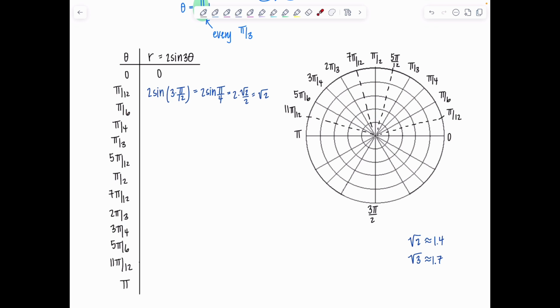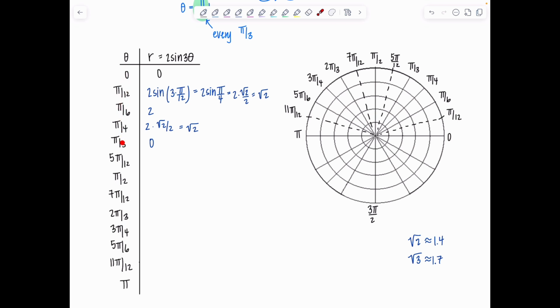Okay, pi over 6. I'm not going to keep writing it out like this. Hopefully you guys understand how to substitute them in. So pi over 6 in for theta, that's 3 times pi over 6, so pi over 2. Sine of pi over 2 is 1, so 2 times 1, this is 2. And then let's keep going. Pi over 4, 3 pi over 4. Sine of 3 pi over 4 is rad 2 over 2, so this is 2 times rad 2 over 2, which is rad 2 again. And then pi over 3. 2 times sine of 3 times pi over 3, that's going to be pi. Sine of pi is 0. Boom. Are you surprised? You shouldn't be, because it took from 0 to pi over 3 to get one